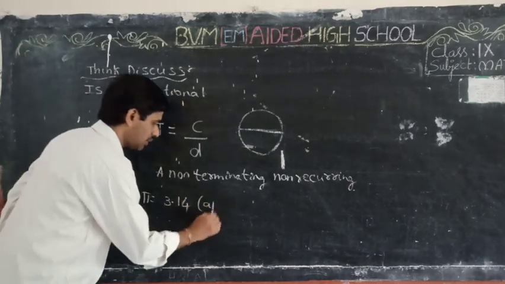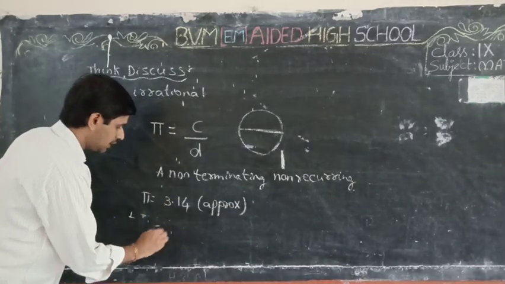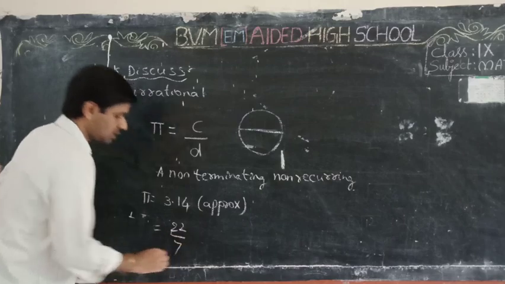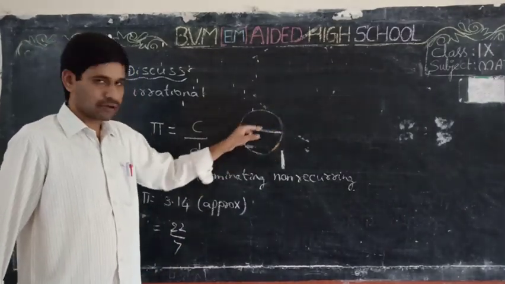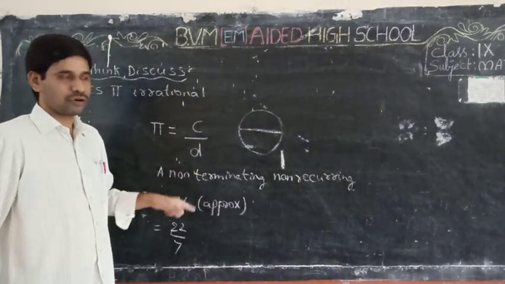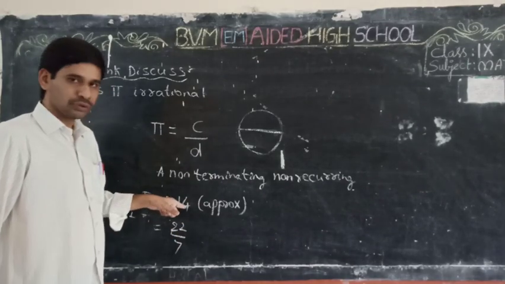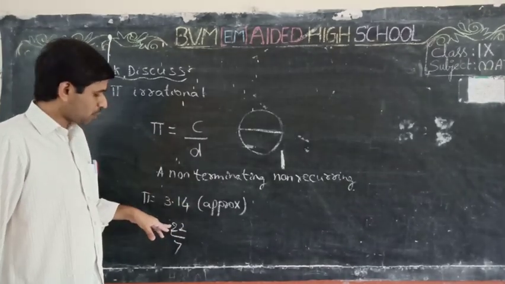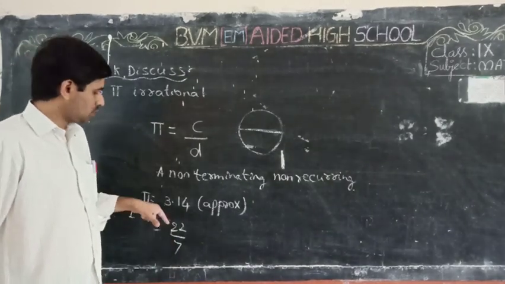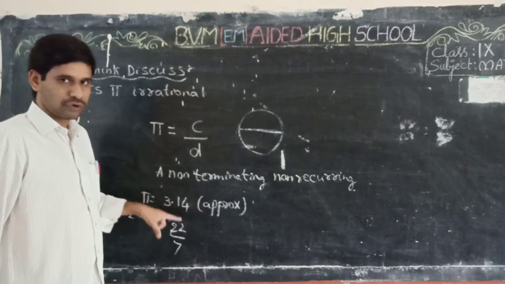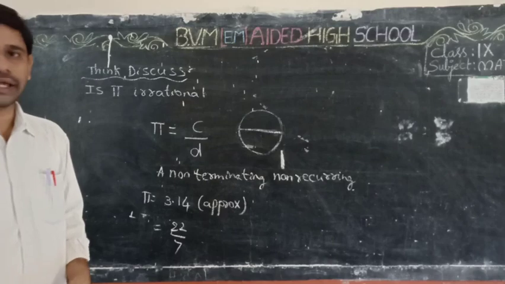This is an approximate value, the nearest value. If you divide circumference by diameter, we get 3.1415 and so on, a non-terminating, non-recurring decimal. We take it up to 3.14. Now the approximate value of 3.14 is 22/7. So we converted this into 22/7, a rational form, but the actual pi value is a non-terminating, non-recurring decimal, an